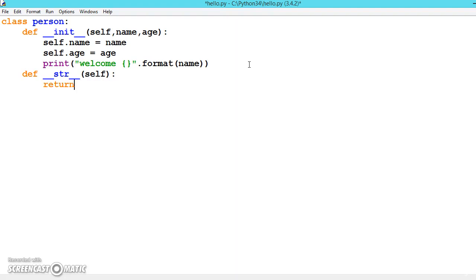Let us say return "name is equal to" and "age is equal to" dot format, getting it from the same self dot name, comma, self dot age.